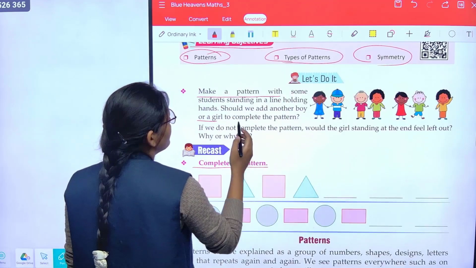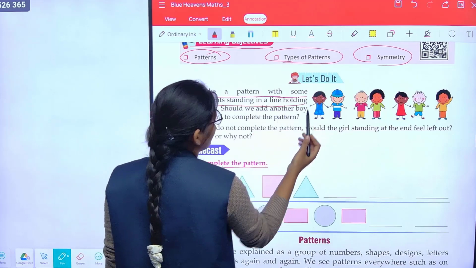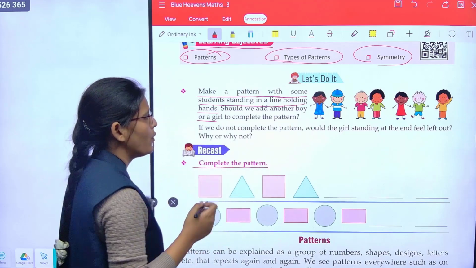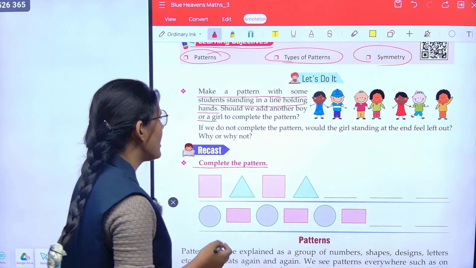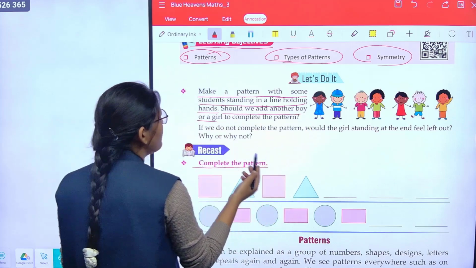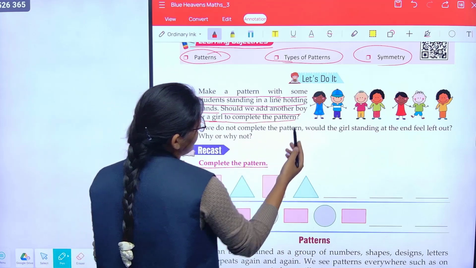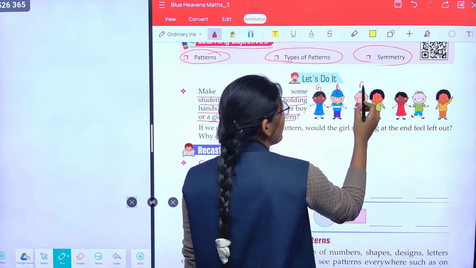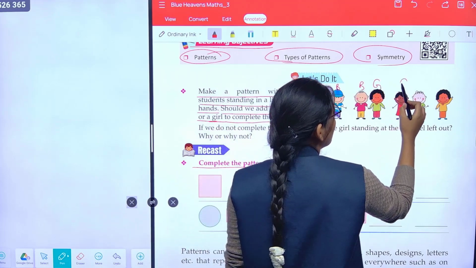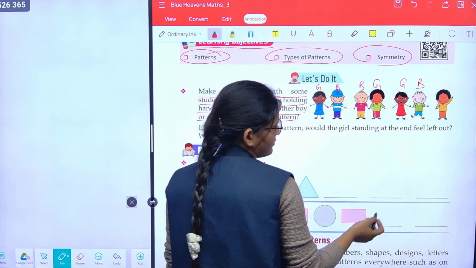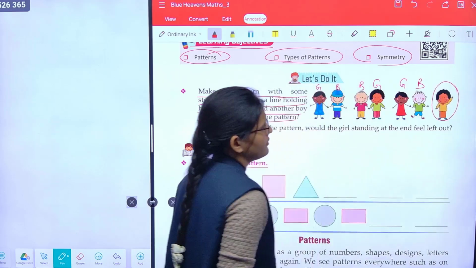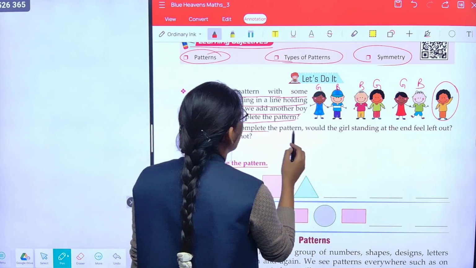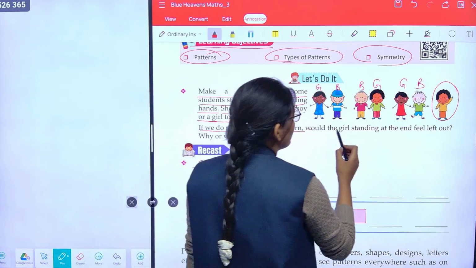Make a pattern with some students standing in a line, holding hands. Should we add another boy or a girl to complete the pattern? Class, firstly observe the pattern. Girl, boy, boy, girl, girl, boy. Now the girl is alone. If we do not complete the pattern, would the girl standing at the